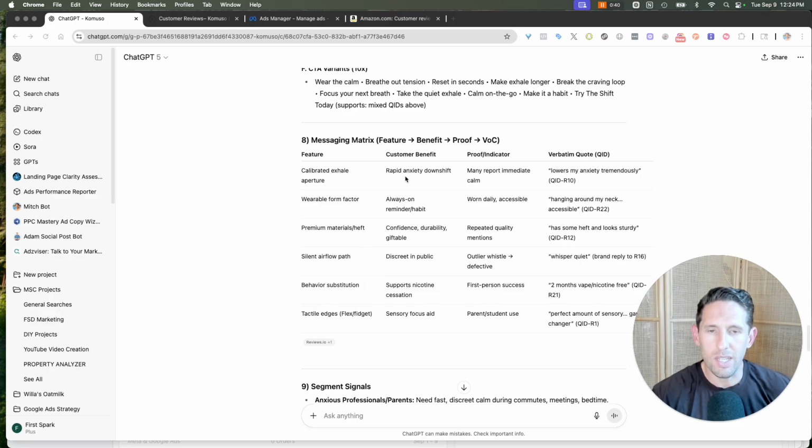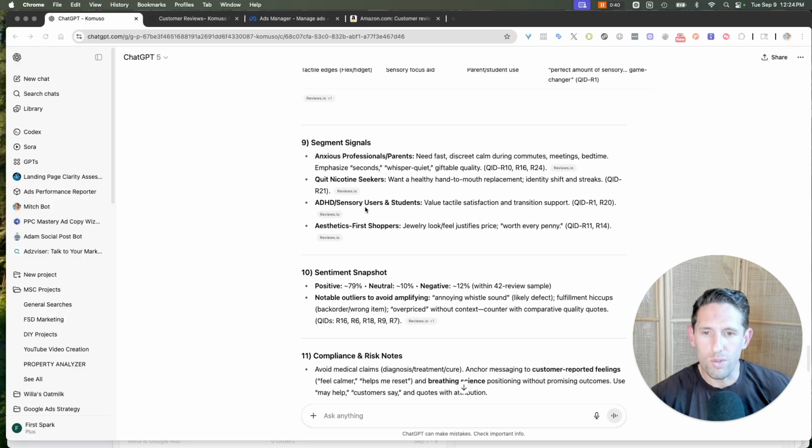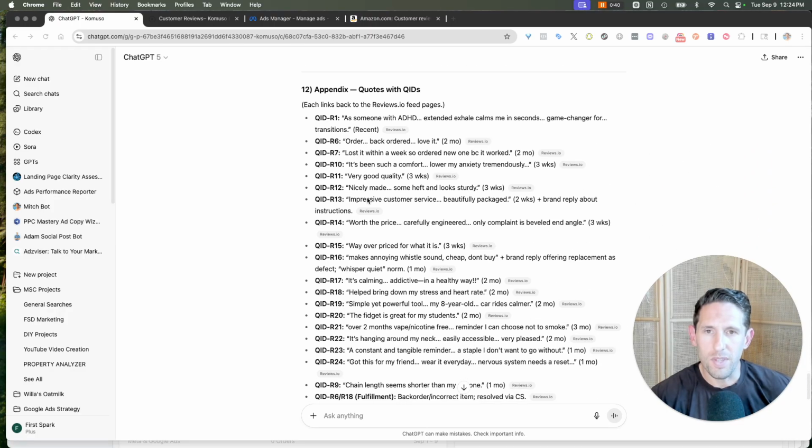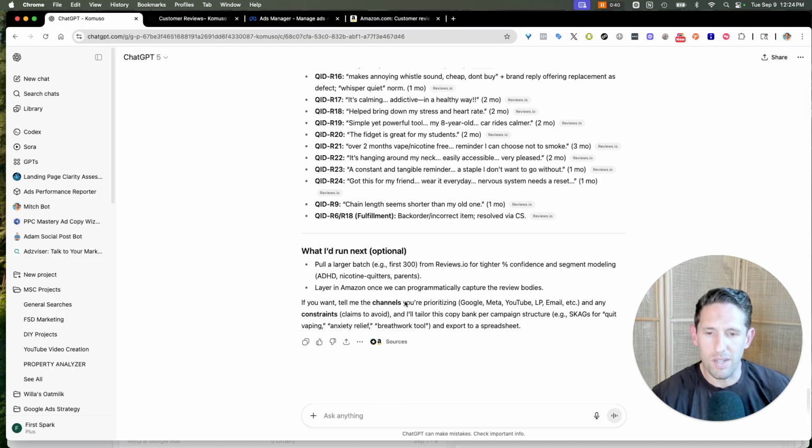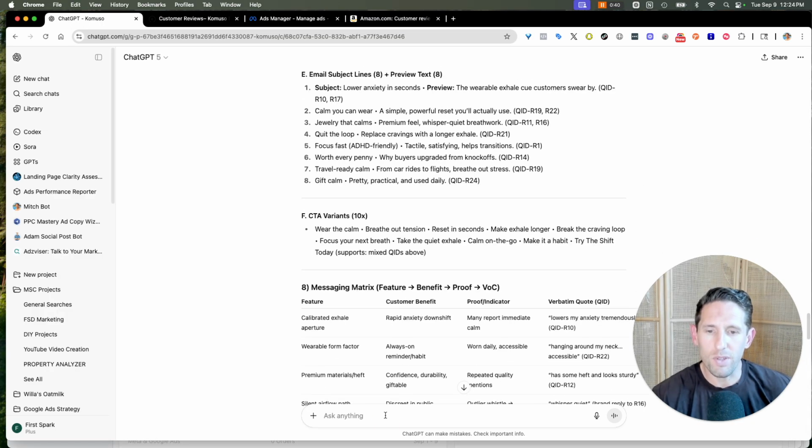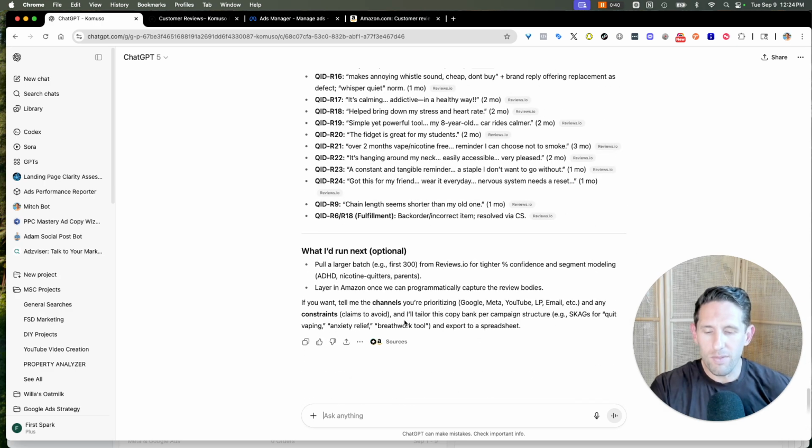And so now we're looking at things that we can use to set up a test, right? We can look at customer benefits, proof, actual quotes. We got copy design, and then we have everything just mapped out here. So I'm going to have it format this stuff a little bit better. And so I'm going to follow up with, great, now let's take this data and give me